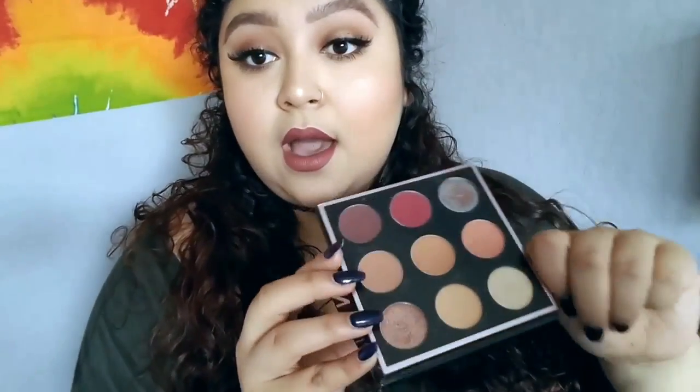And this palette wasn't even that expensive. I know their single eyeshadows are like $6 each, so come on now. It was just amazing. A lot of people rave about this. I don't know if you can still get it, but if you can, get your hands on it, because it is the best palette, I think. So my next one, number 2, is a very